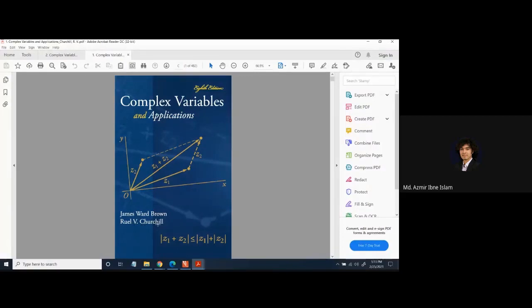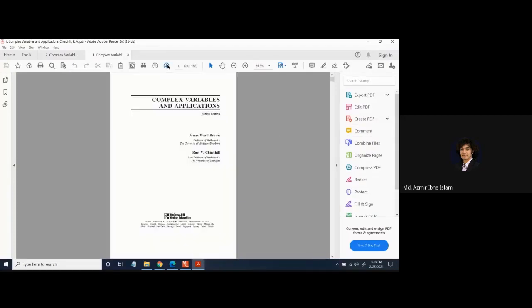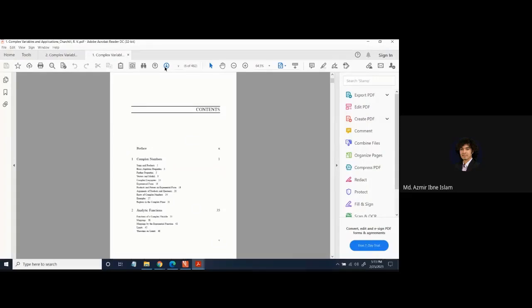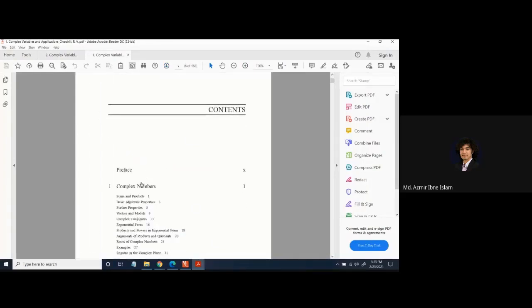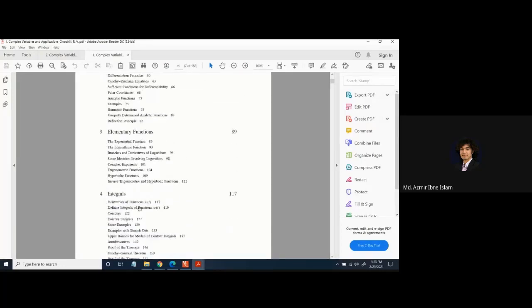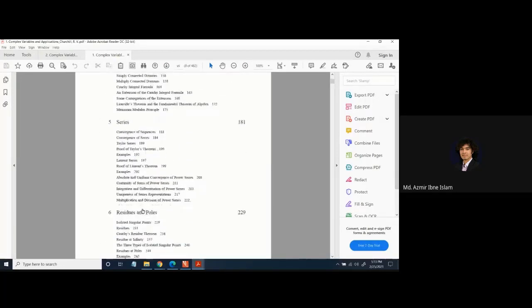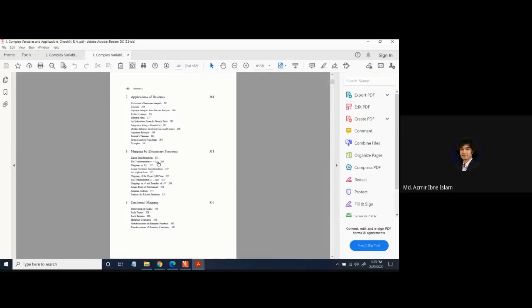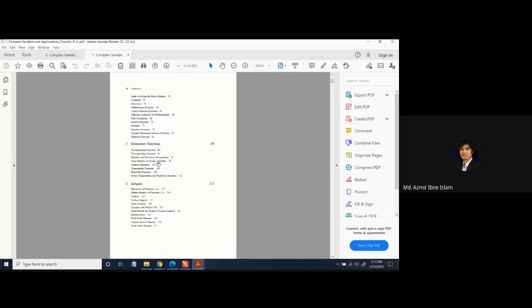Okay, so this book is very important for the theoretical purpose. If we take a look into this book, you will understand which contents we have in this semester. So chapter 1, 2, 3, 4, 5, 6, and lastly 7. So from chapter 1 to 7 are included